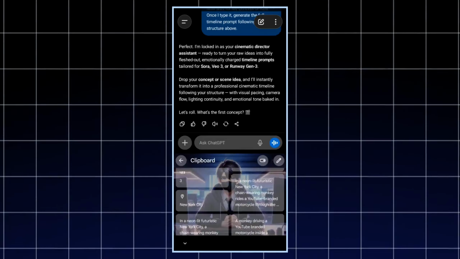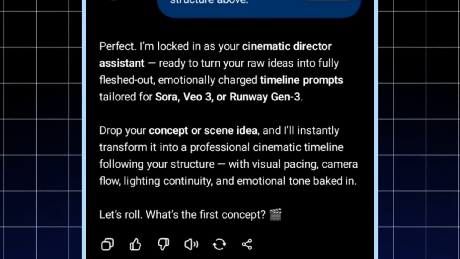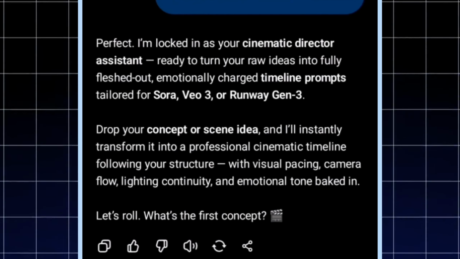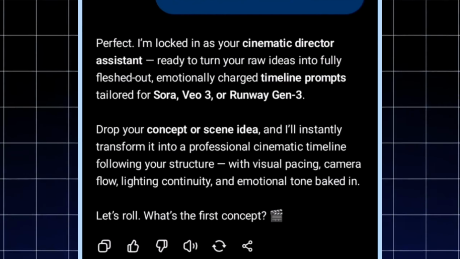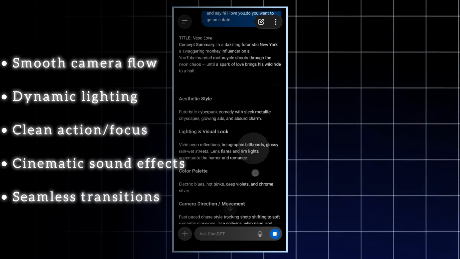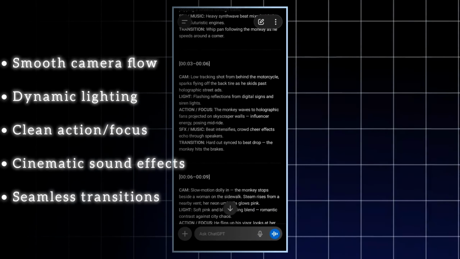Drop your concept or scene idea, and I'll instantly transform it into a professional cinematic timeline following your structure, with visual pacing, camera flow, lighting continuity, and emotional tone baked in. Paste your standard prompt, just like I'm doing here, and instantly get a perfect timeline prompt with smooth camera flow, dynamic lighting, clean action focus, cinematic sound effects, and seamless transitions for a 15-second video. Then copy it,